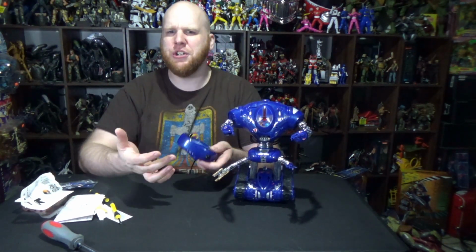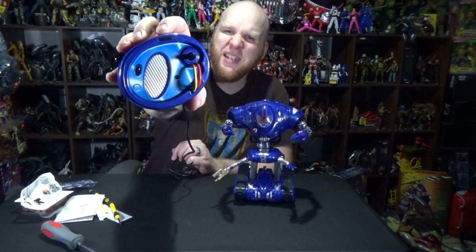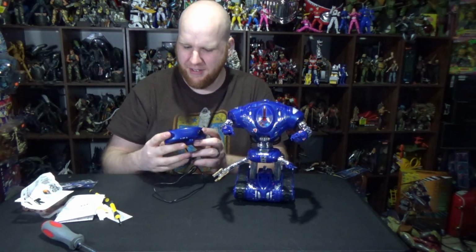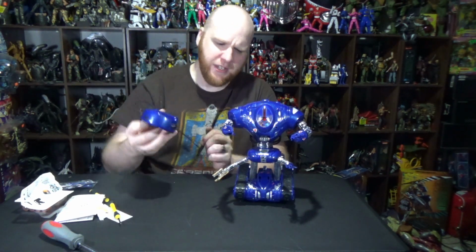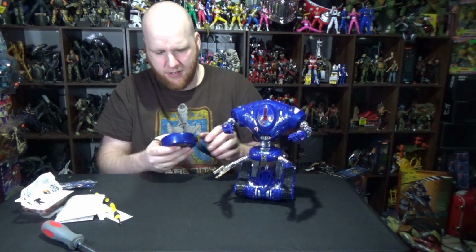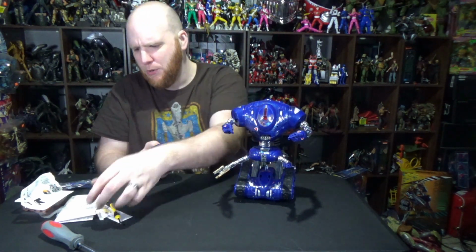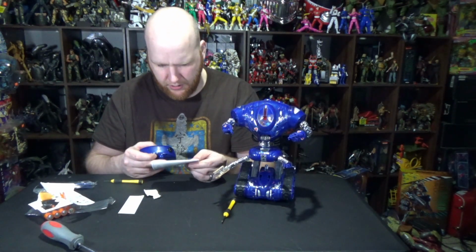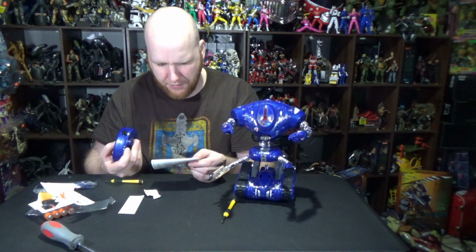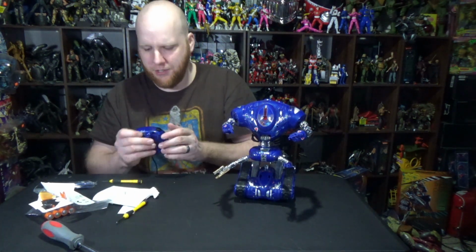I think the younger the kid, the more you get enjoyment out of this. But it's got this little deck here, the little hack deck. It's got some fake wires. Whatever that blue thing is on the bottom. Alright. So right now it's off. There's A mode, B mode. I think B is the move around. A is Sentinel mode, so that is the sensor. So let's put it on...